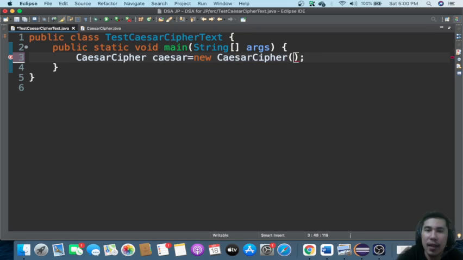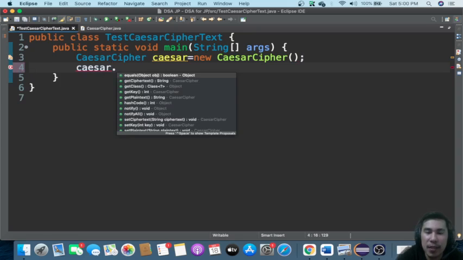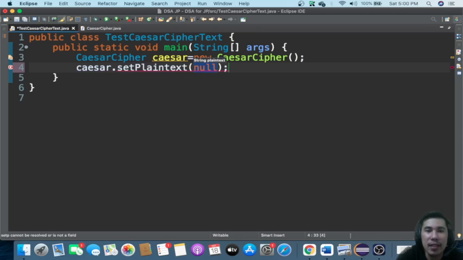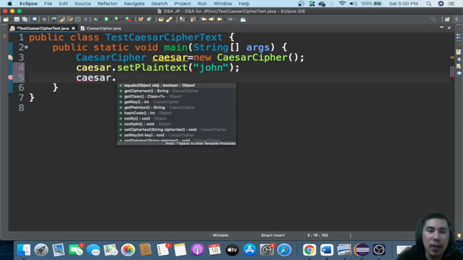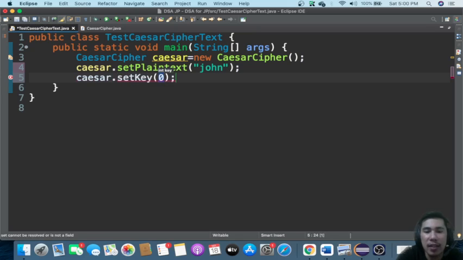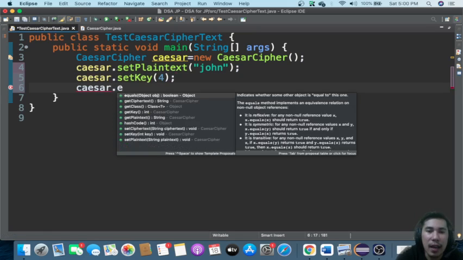What happened? Okay. So let's say we are going to set the plain text. So Cesar.setPlainText. Let's say our plain text is John, and then we are going to also set a key. Let's say our key is 4. Now, of course, if we are going to encrypt it, Cesar dot